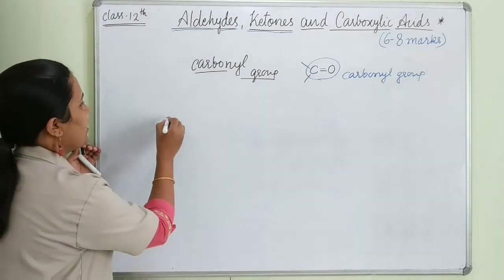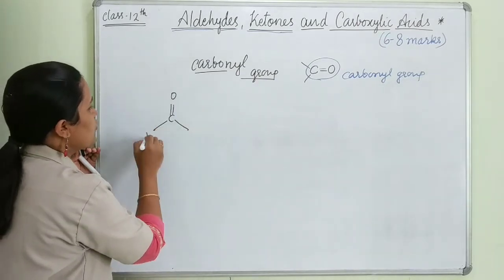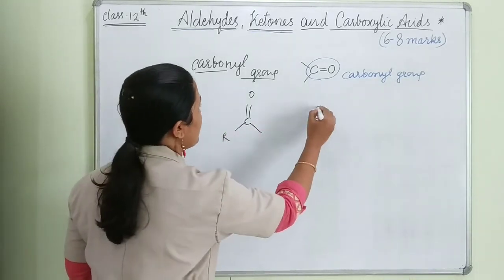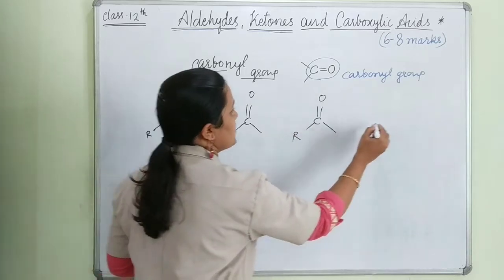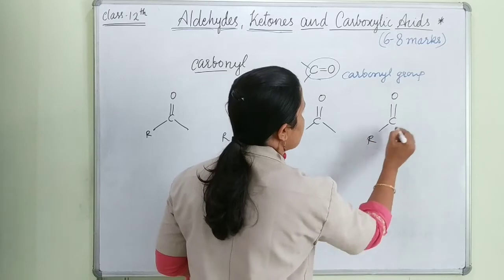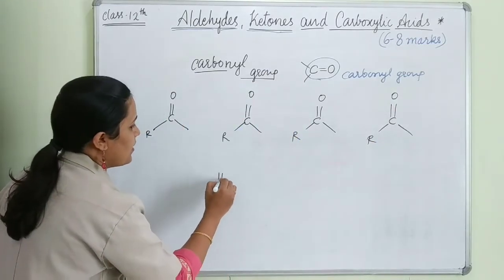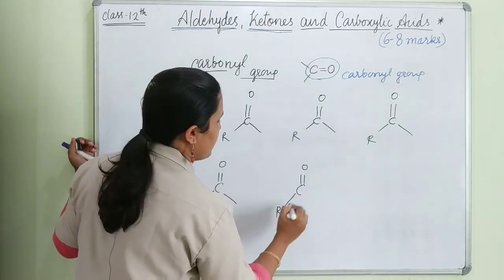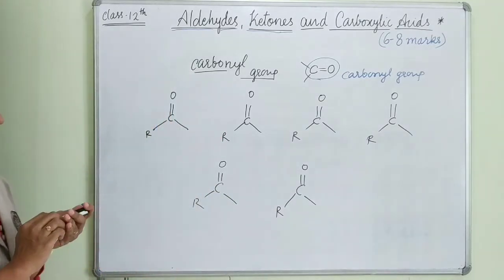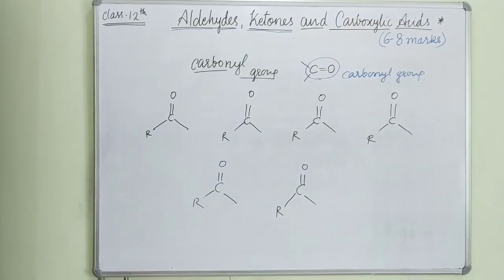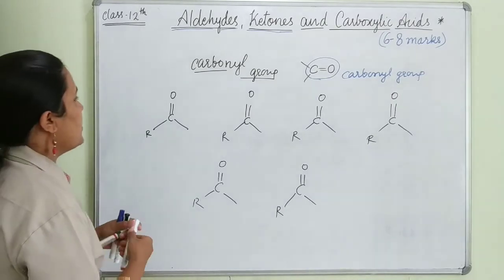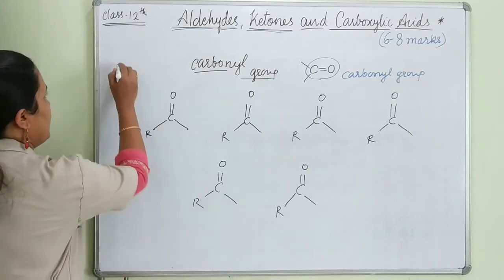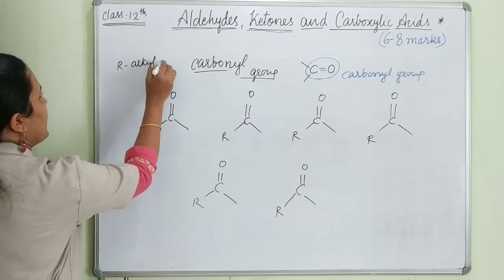Here I have a few examples, so it will be better for us to understand. As we know very well, carbon has 4 valencies. When these valencies get attached to similar or different groups, let's see what different functional groups are possible. Let me start with the first. Here, R stands for alkyl group.